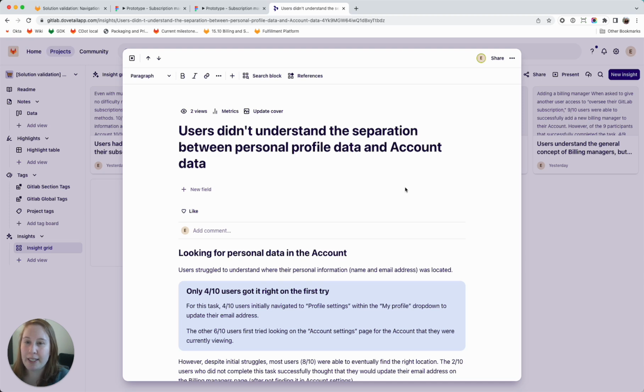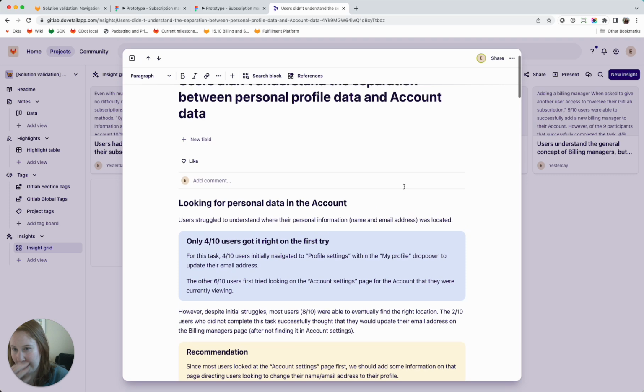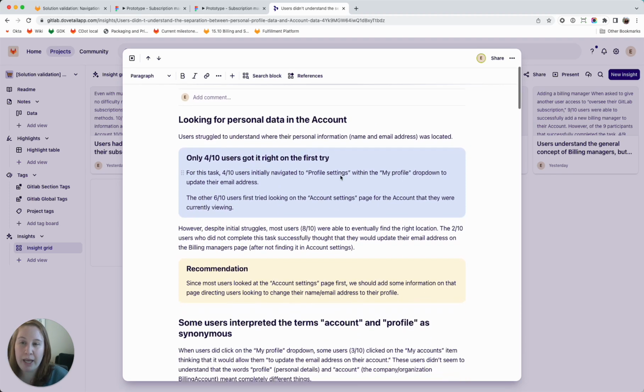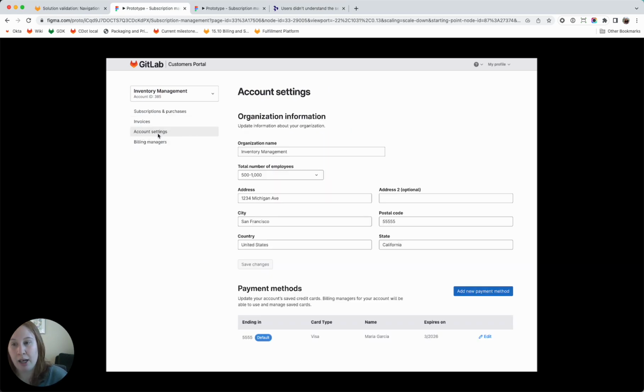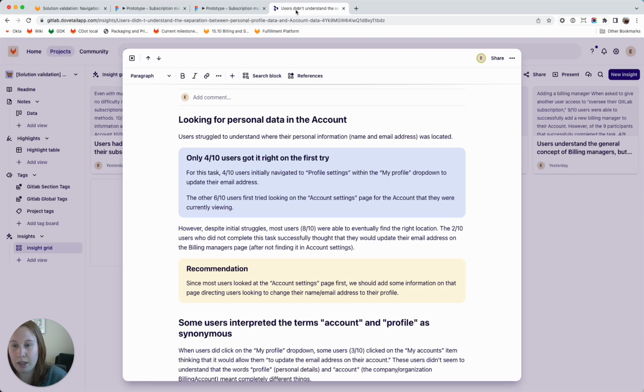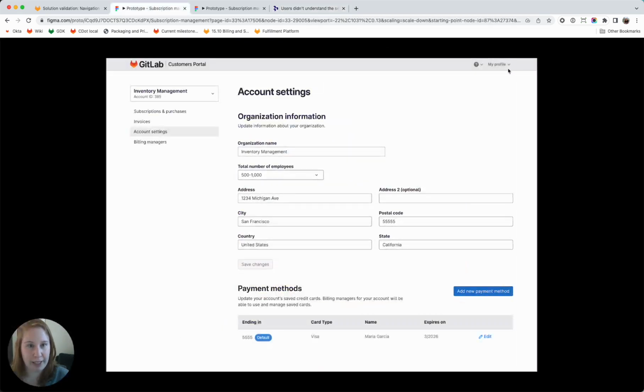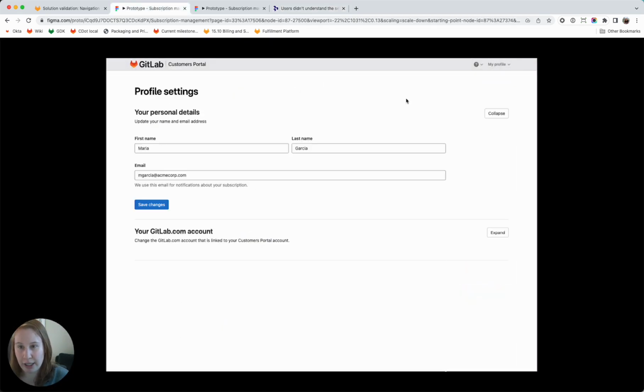Another of our findings is that users didn't really understand the separation between personal profile data and account data. When we asked users to update their email address, a lot of users looked in account settings for that information. Most users were able to find it in their profile eventually, but